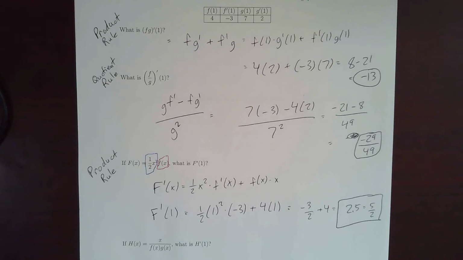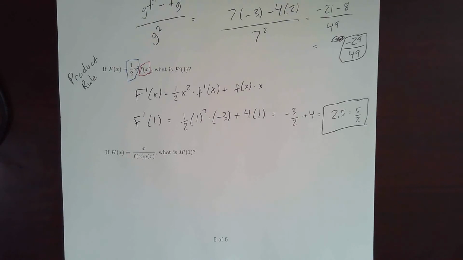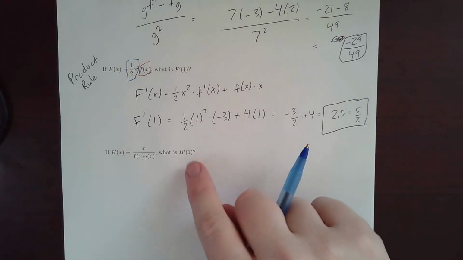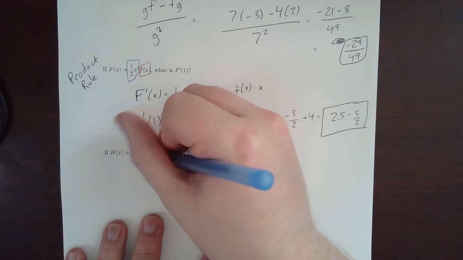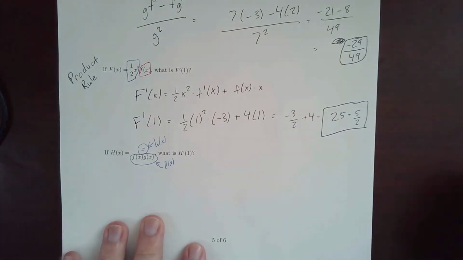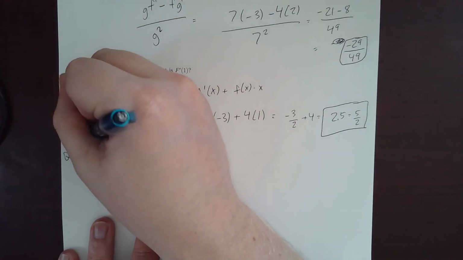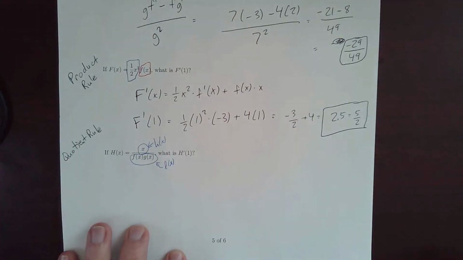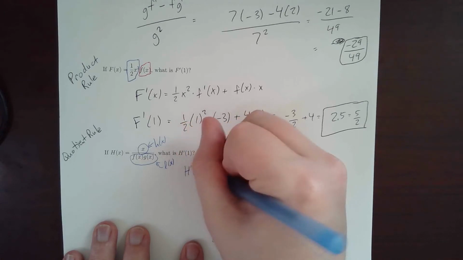And then last one, which probably should have been the hardest, is this doozy. So if we have x over f of x times g of x, we want to know what h prime of 1 is. So if we treat this as our high function, we treat the whole bottom part as our low function, we want to go ahead and start with quotient rule here. And so remember that when we're trying to do the quotient rule, so find h prime of x, it is